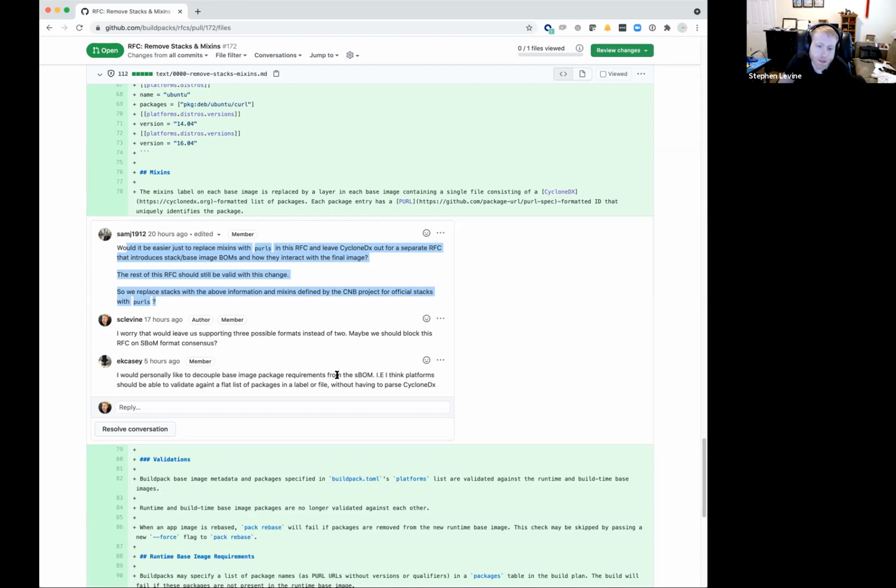And I think if we're going to make people change the format, then the nicest thing we can do is use CycloneDX, because then they can just run a tool against their image that spits out the exact thing they need in the right format and paste that on there, as opposed to having to figure out how to parse their app database, pull out just the package names, and remove things that have the wrong prefixes, right? The goal, or at least a benefit of CycloneDX, is that it makes that migration process easier, and we don't have to create tooling for it, like we would probably have to do for a flat list of Perl packages.